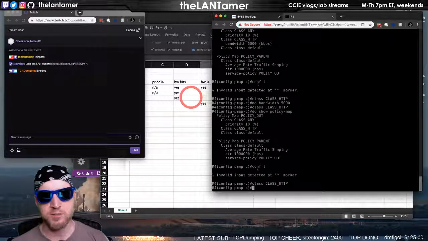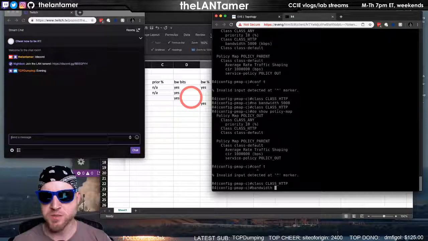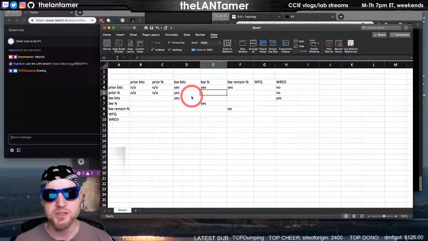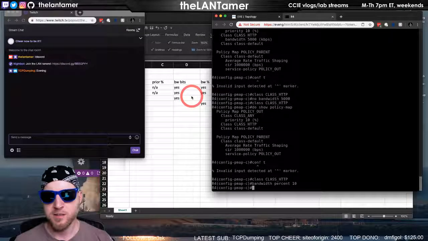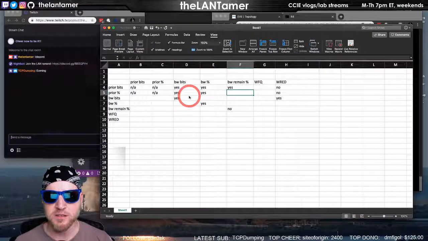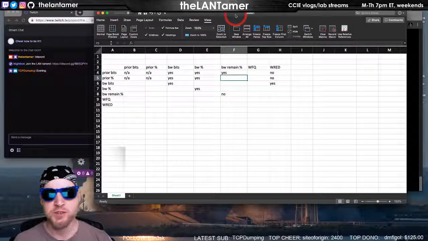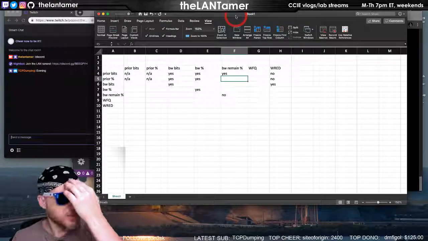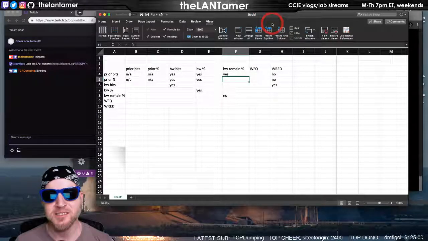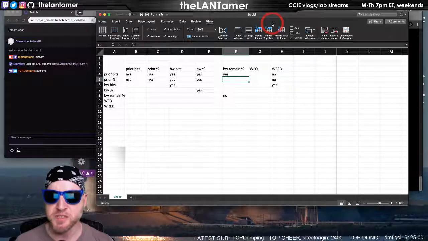And then bandwidth. I thought this worked. Okay. See, the parser is just really picky, man. No bandwidth percent 10. Very particular. It's trying to not let you break the rules, but it's not very good at communicating that. It gives that same message for pretty much any of these combinations that don't work.